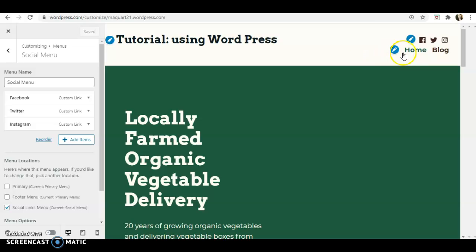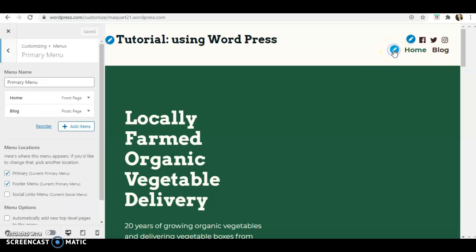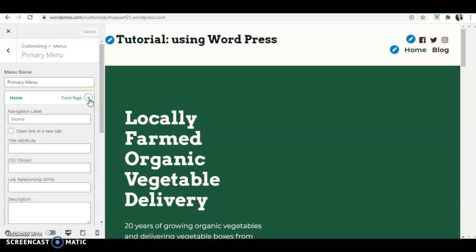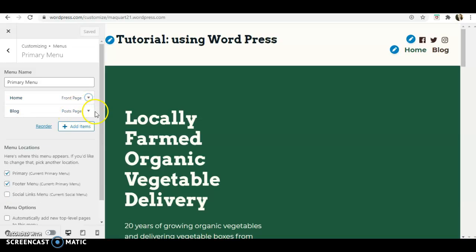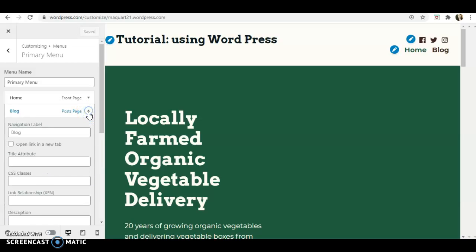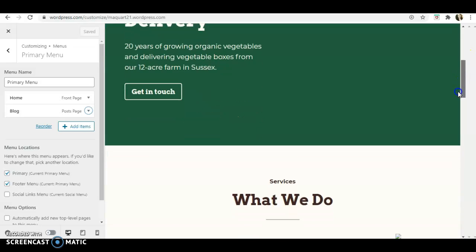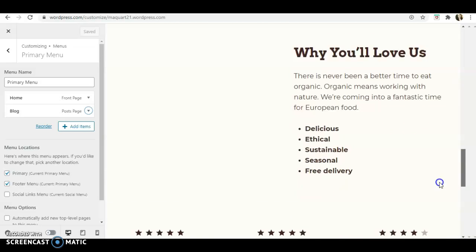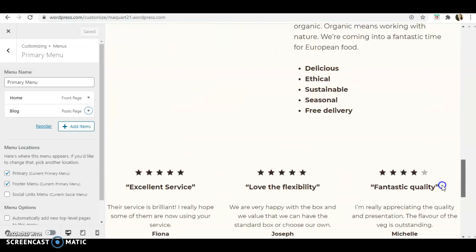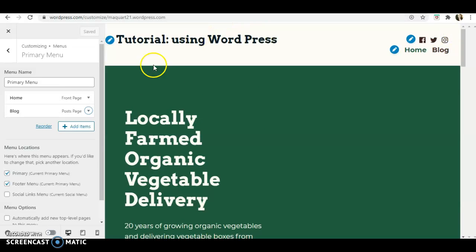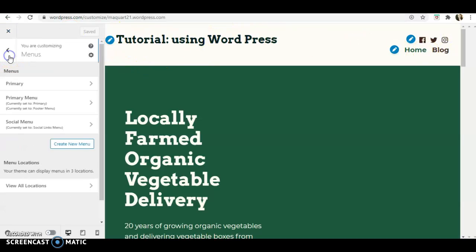And then this icon next to home, that is going to take you to the primary menu where you can also edit that on the page. So you can change it from home to another name if you'd like, add a description, include links and things like that. For blog as well, same thing. So this template that I had chosen, it was just nicely laid out, but I wanted to give you an idea of what it would look like and how we can use these tools on the top. So if we go back